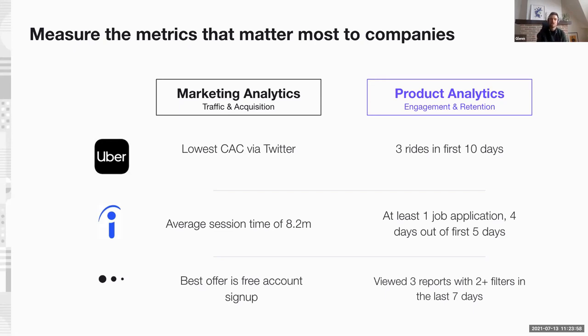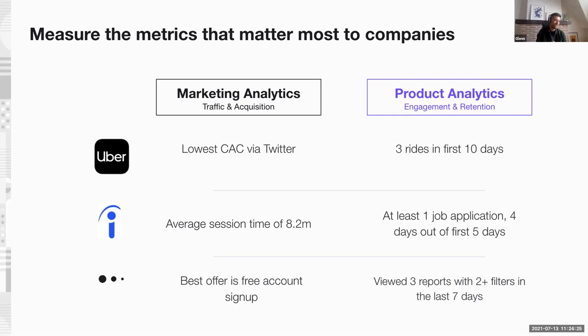They know that if a user books 3 rides in the first 10 days, the aha moment, like they call it in product, is reached, and it converts a user from a prospecting customer, let's call it that, to a loyal customer, meaning that customer lifetime value goes up the hockey stick curve from that point, which means that we need to work on making it as easy as possible for people to book those first 3 rides, which again influences the product roadmap.